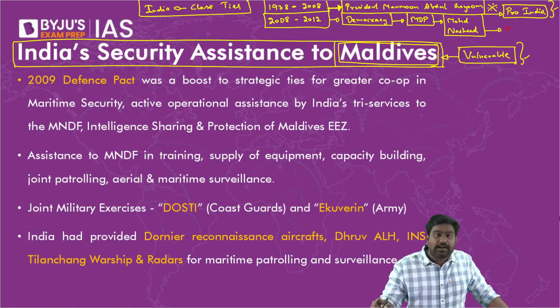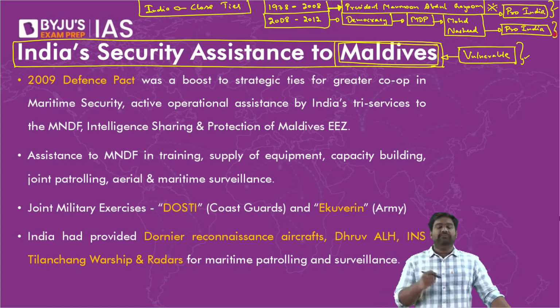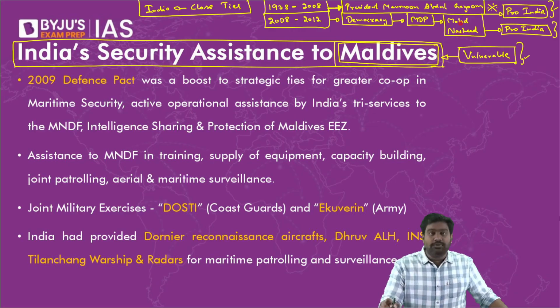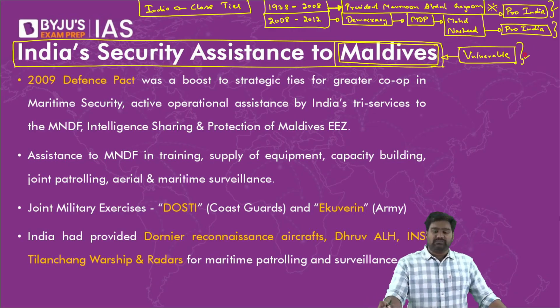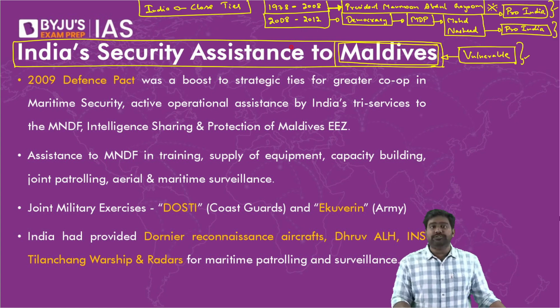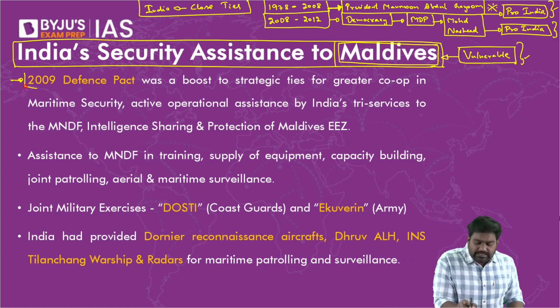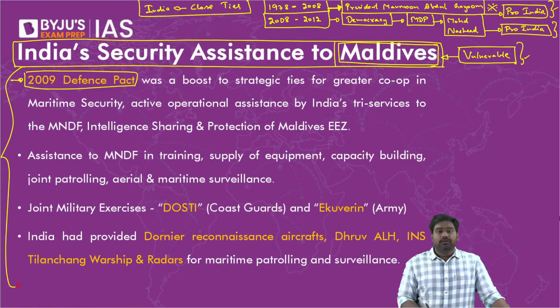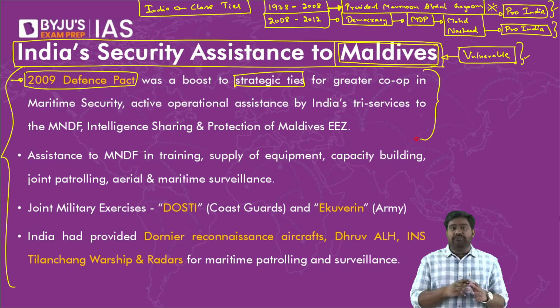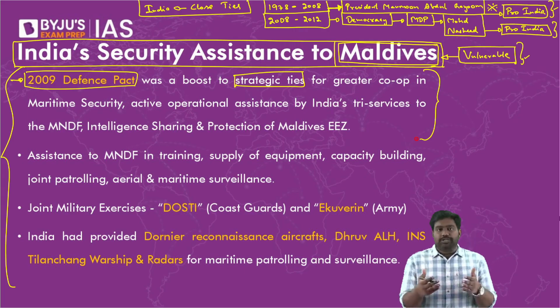Mohammad Nasheed and his party MDP were also pro-India from the very beginning. The Maldivian Democratic Party, which won the first elections in 2008, right, under President Mohammad Nasheed, was also a pro-India government, favored India in all the aspects. And as a result, very close relations continued between India and Maldives. We went on to sign a defense agreement in 2009 to give a further boost to our strategic relations. Through this agreement, we promised further cooperation in the military domain